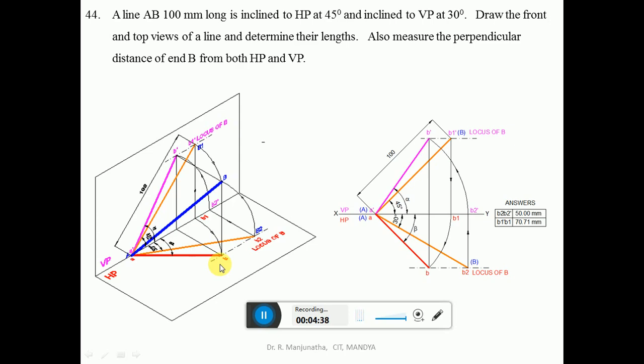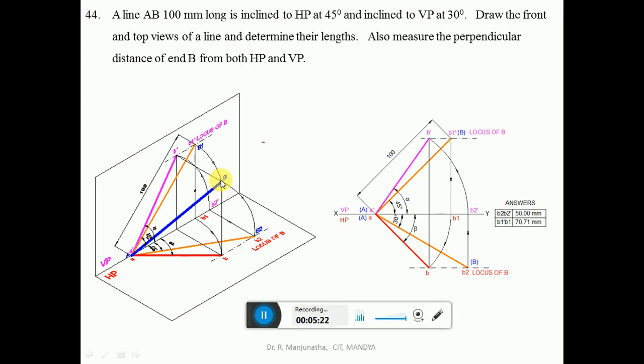So now we want to find out the front view. If you want to find out the front view, we need to take the true length in the top view. So this is the true length in HP. If the line has to be true length in HP, obviously that line has to be parallel to HP. With A as center, by taking the radius AB2, you rotate the B2 in space such that the B2 touches the locus of B in the front view. So that is what we get as the locus of B in the front view. That is the projected length of the front view because it is in space.